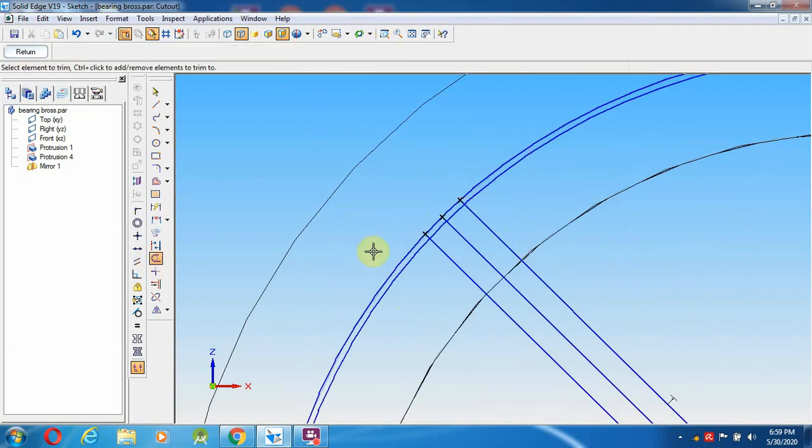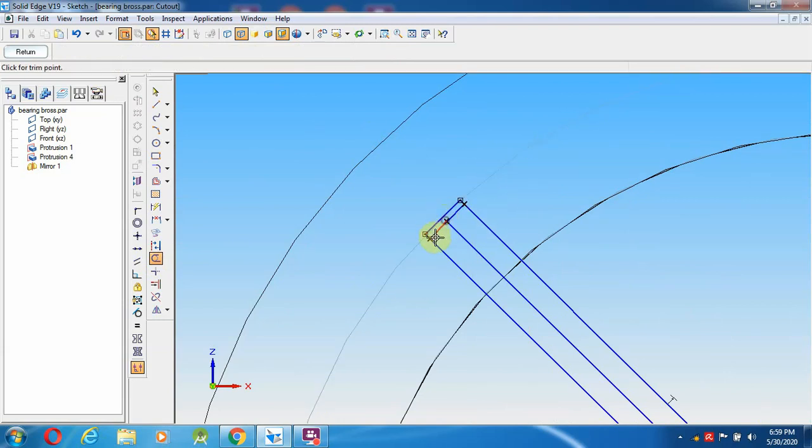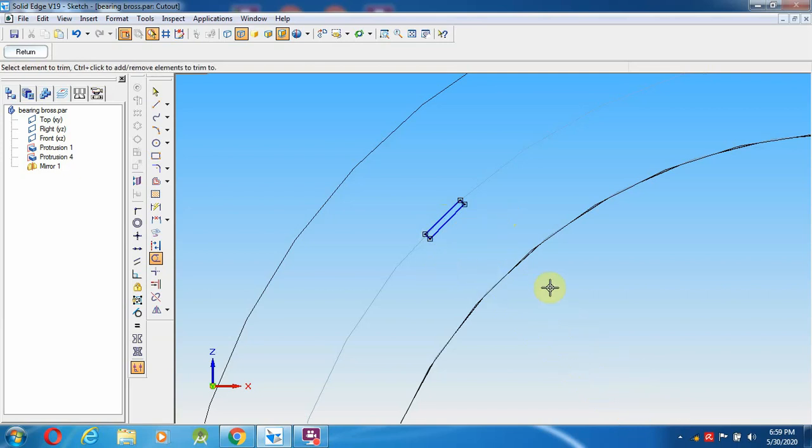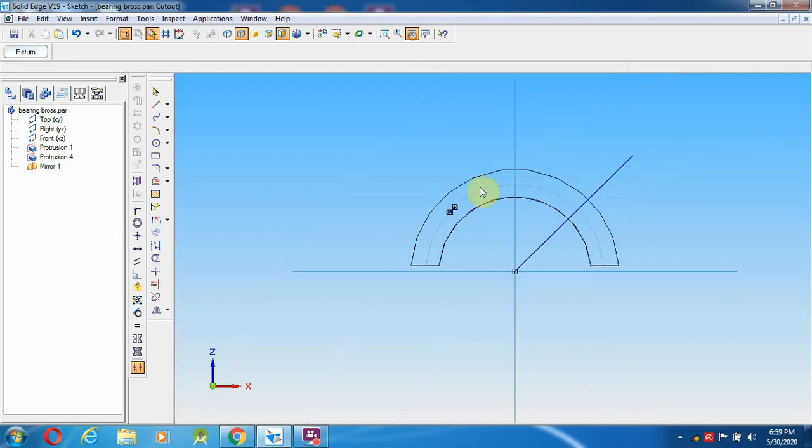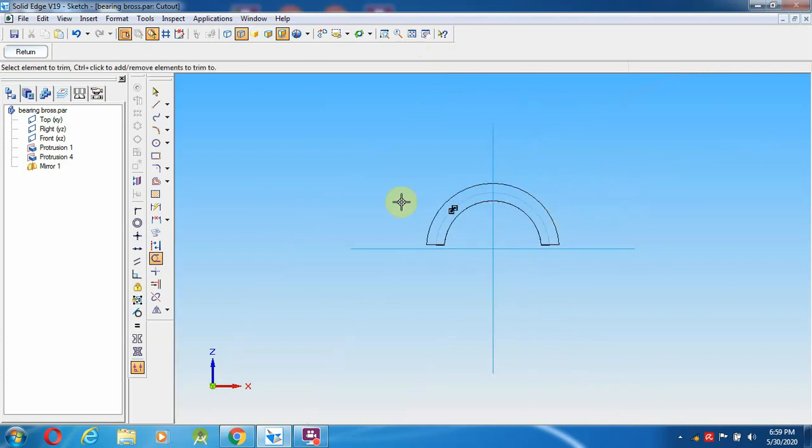So the remaining things you remove it. Even here also the mid, this particular thing. Okay, so this particular shape you have to create. Even this also it's not required now.